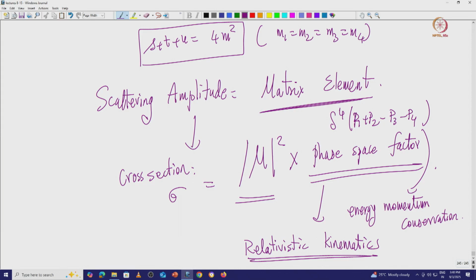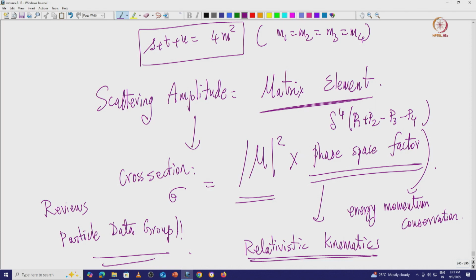This is something which we can work out independent of the interaction, for any given 2 to 2 process, or for a given decay, because you can have particle decays in a relativistic system. You can calculate what these are. There is relativistic kinematics, you can compute it and find out. There are wonderful reviews about it, and the Particle Data Group also has wonderful reviews about it, okay.